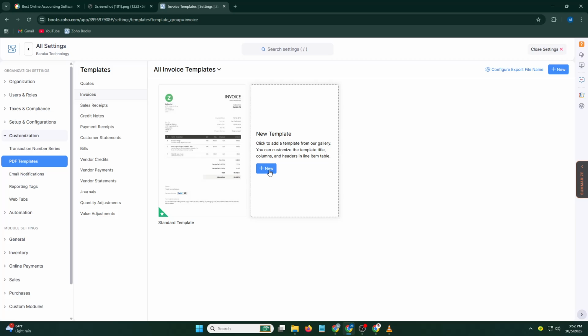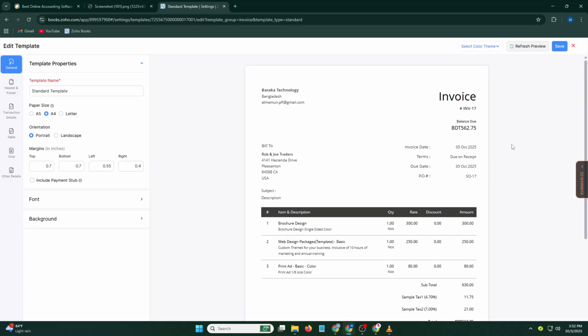Here's where the fun begins. Customization. You can adjust the layout to match your preferred structure. Want your logo front and center? Simply upload your company logo and position it where you'd like. You can also modify the color scheme to match your brand colors, making your invoices feel consistent with your business